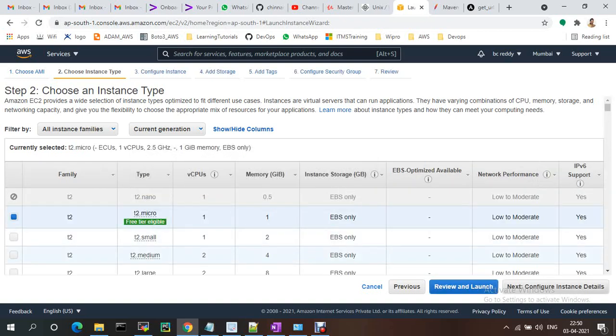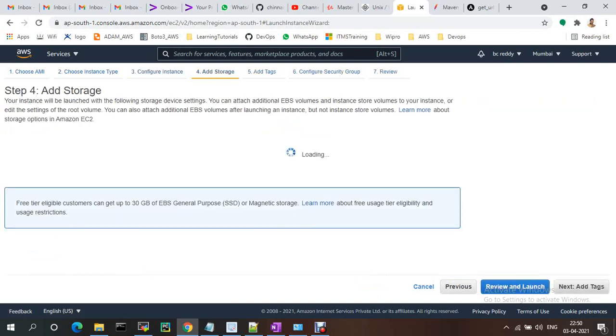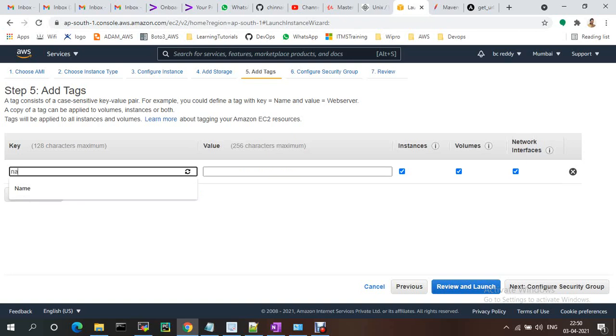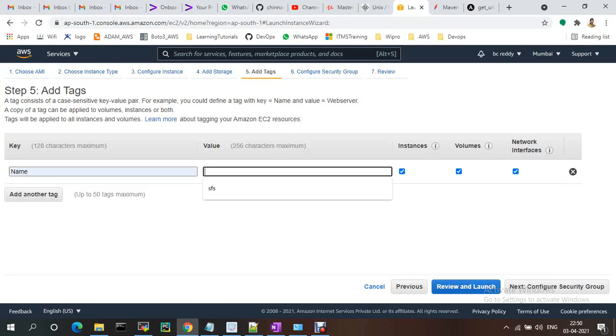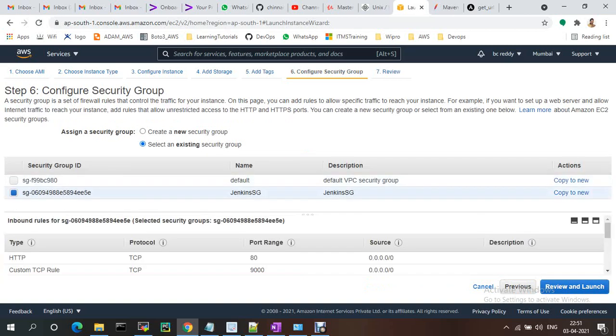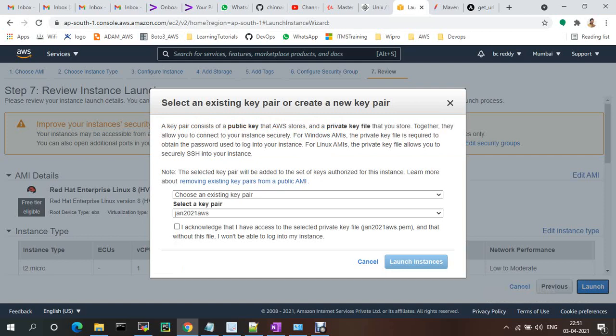Okay, and just node 3 RHEL. Let me launch this one.